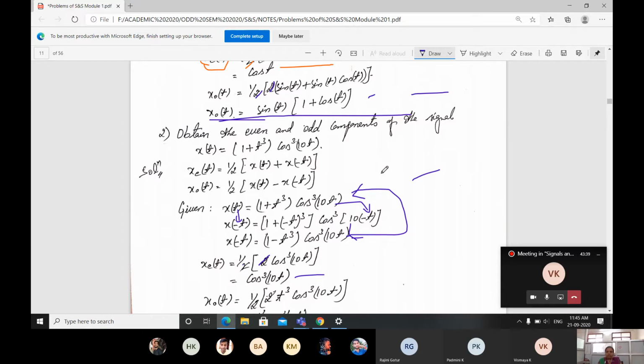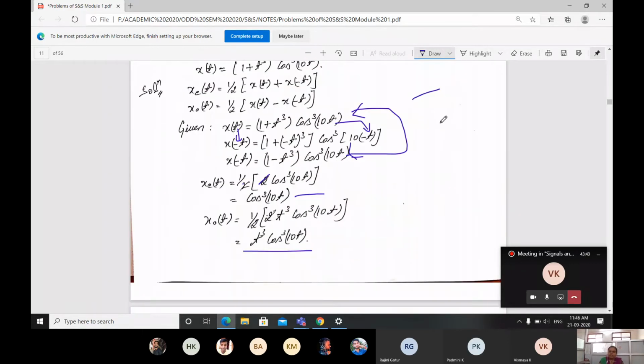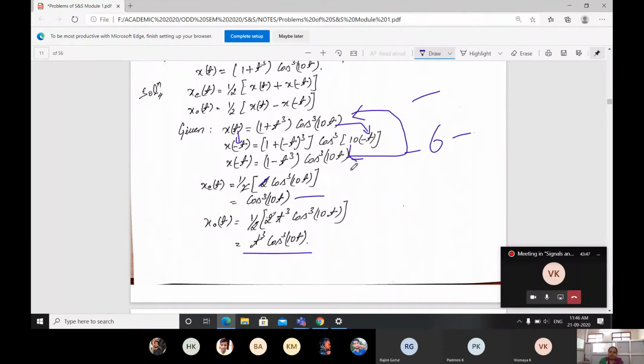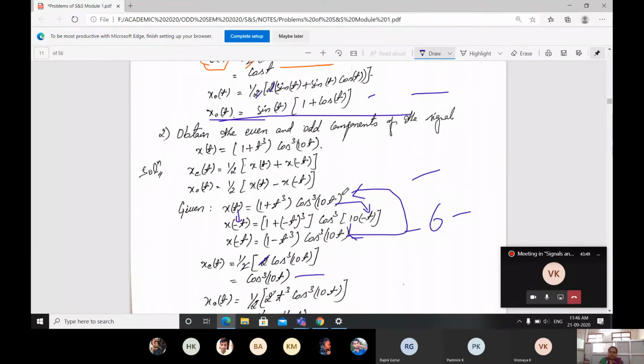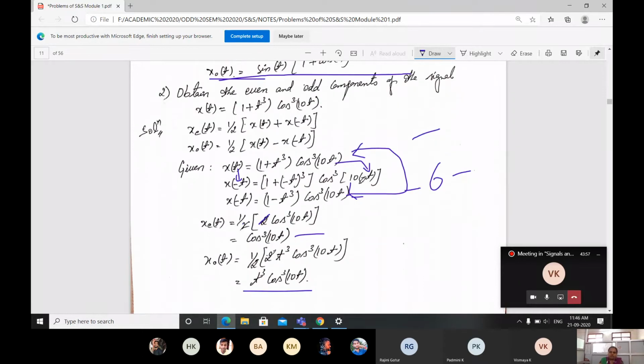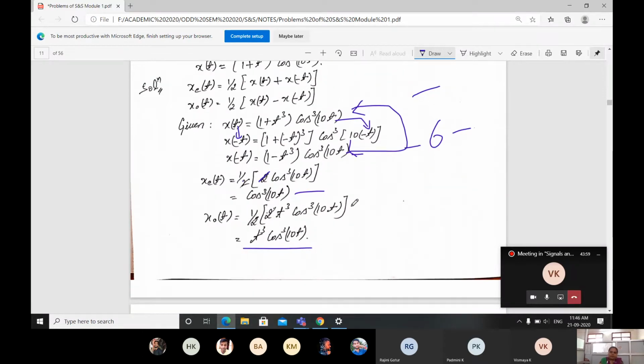those who wrote SNDS, they asked this question in the examination. Okay, this will be asked for 6 marks. They will give two questions like this. You have to answer, find the even part and odd part of the given equation. Based on this, you will get 6 marks in the exam.